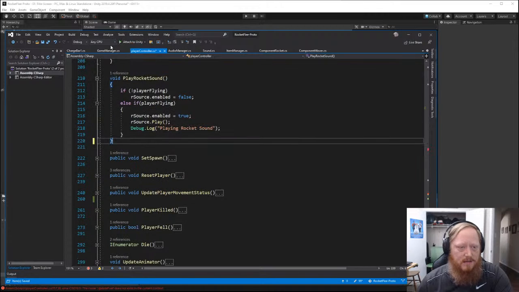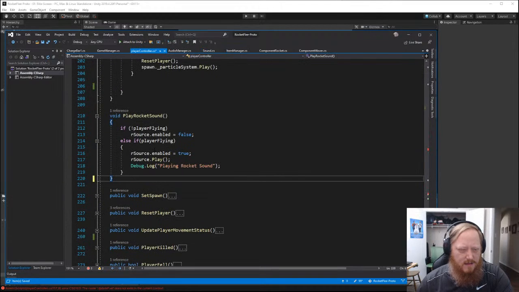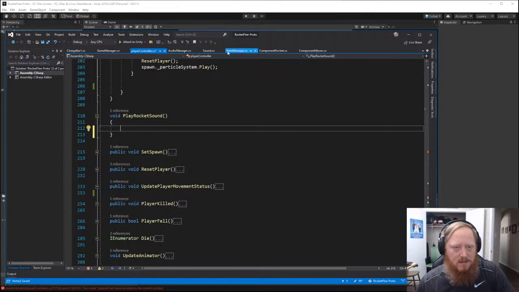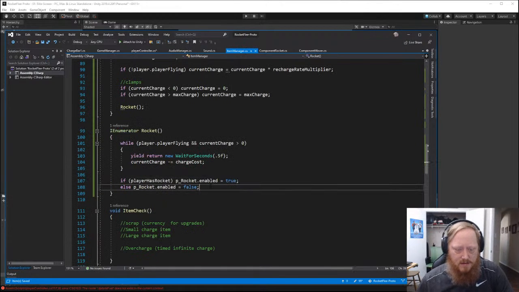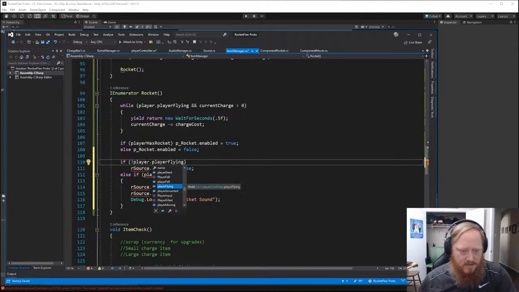Play rocket sound. Item manager is going to then look at the audio manager for the rocket sound, I think. Play rocket sound. If player flying, let's just take all of this. Again, go to our item manager, and this is a good place to store it for now. If not player flying,